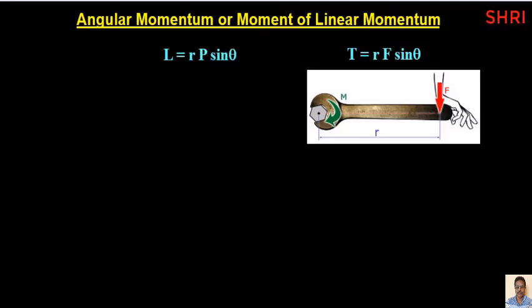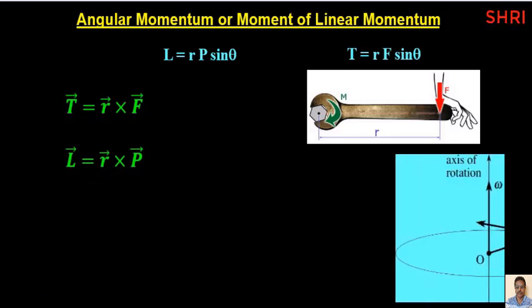And we can write the formula for that angular momentum like this: L equals r p sin theta. L is angular momentum, r is this distance, and p is linear momentum. Instead of this force, now we have taken p. Theta is the same angle between r and p. That is, this quantity is called angular momentum. Just like torque is written in vector form in this way: vector tau equals vector r cross vector F. Similarly, this angular momentum can also be written in vector form, and that equation will be vector r cross vector p. Its magnitude will be given by